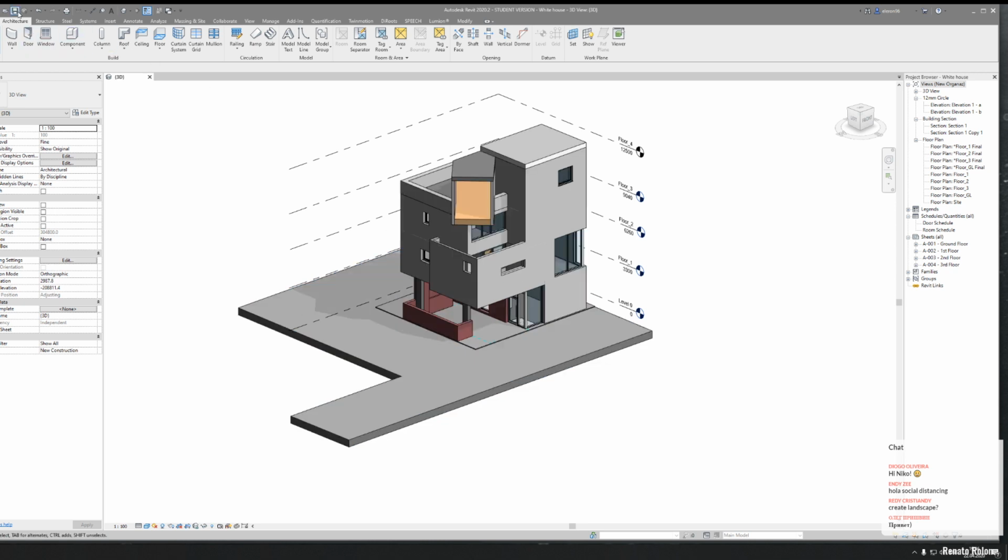Okay, so let's save it and transfer it to Lumion. We have two ways which I prefer to transfer to Lumion. The first way is called Live Sync, but actually Live Sync is not so important for us. Why am I saying that? Because with Live Sync, when you have all the models in one file, yes, this is a great feature. But when you have different models in different files, it's kind of